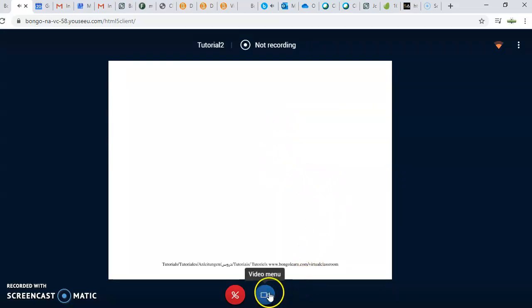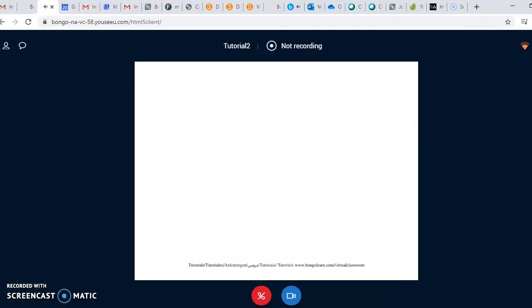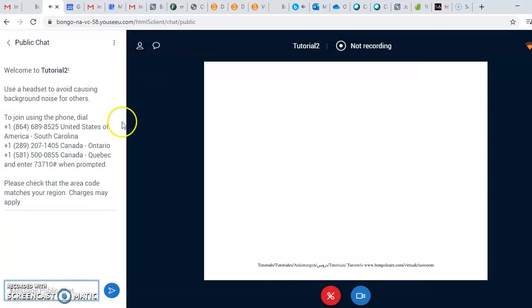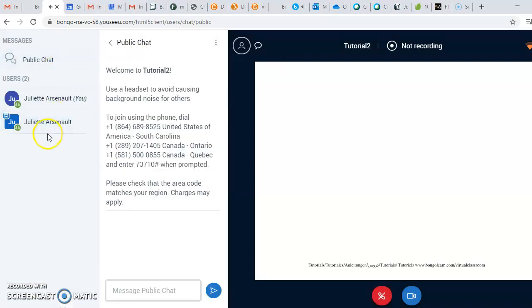Going to the bottom of the screen now, there's a video menu, so you can turn the video on if you would like to connect it to your webcam, and you can also choose to leave the audio. Okay, then I'm going to move the screen over this way. Up here, we've got a couple of neat things. So there is a chat, so there is a public chat room here, and there is also a user list. So we can see everyone who's here. So far, it's just me and me because I've invited myself, but hopefully the classes will be a little better